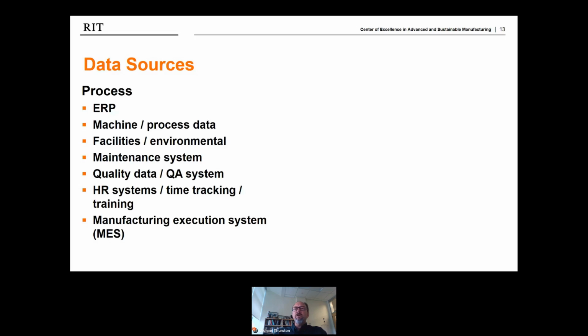And another software system that's less commonly used today, the manufacturing execution system, which serves as a portal to push information to the shop floor, to your workers, as well as collecting data from operators such as process times, problem reports, quality checks, downtime reasons, and more. So it's a pretty powerful system that not too many small or medium-sized manufacturers use today.